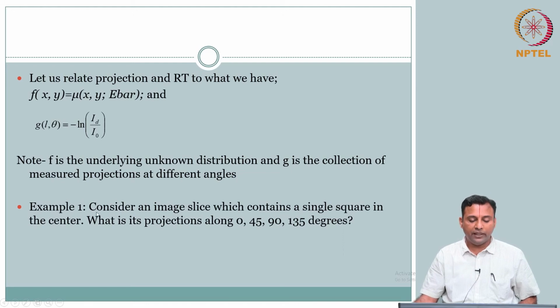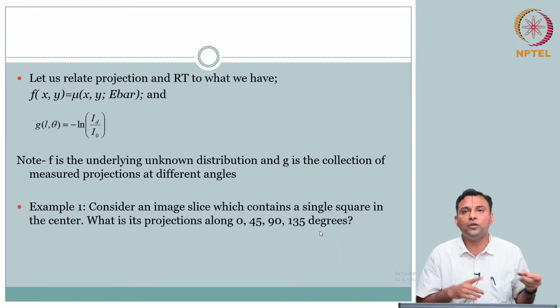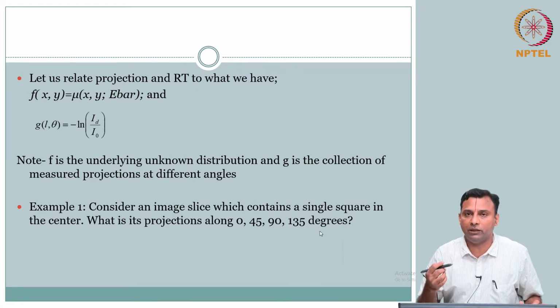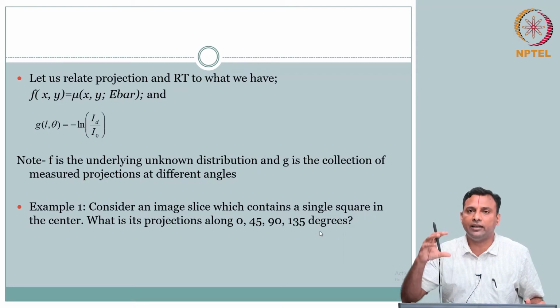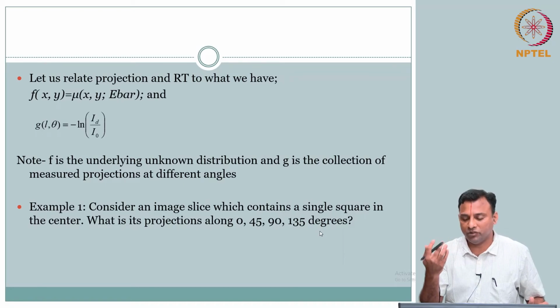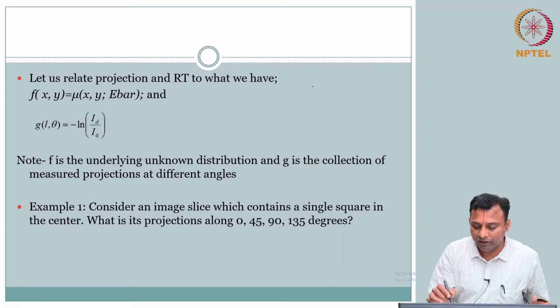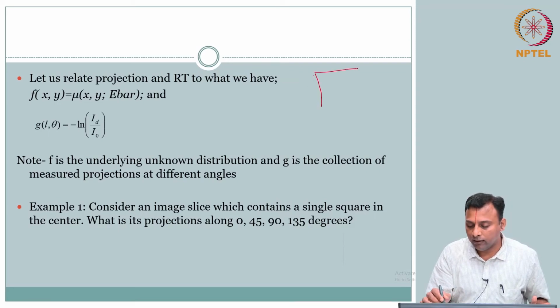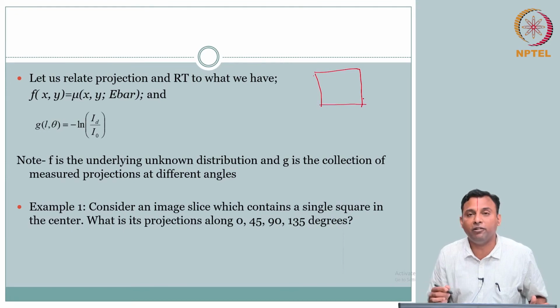So let us take a simple example just to get this comfort. Consider an image slice which contains a single square in the center. What is a projection? What I would like for you to do is, when you have time to scribble, start to imagine. I actually said at the beginning of this CT module, I had a Rubik's cube and I told you to start to imagine. So keep doing that, but given that we are here, let's do a simple object. At least that will make my life easy, right? But you should take complicated objects and try out what we are doing here.